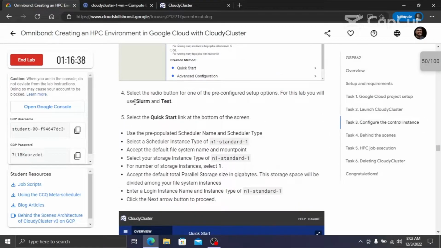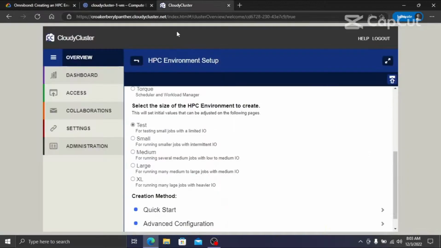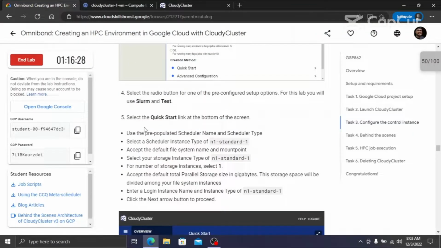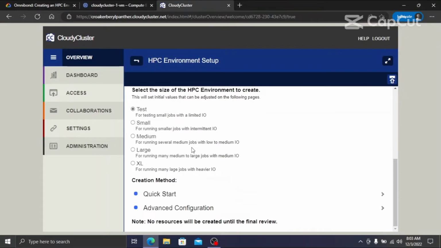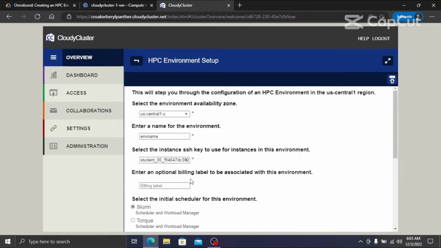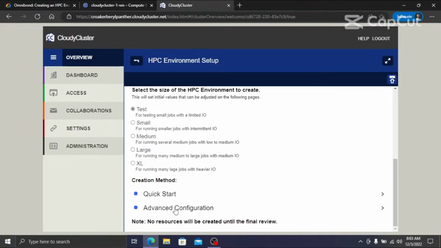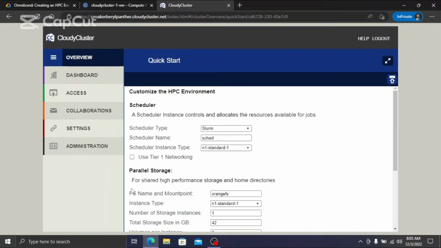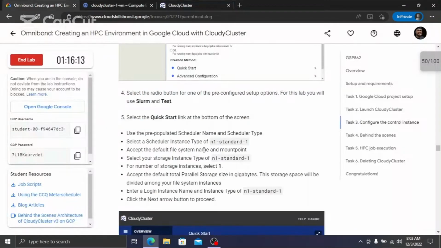Okay, select SLURM and test. So it is test and SLURM, good. And select quick start and scroll down. Okay, so everything is good. Now click this quick start link. It is a link or button, whatever. Okay, so once it is clicked,